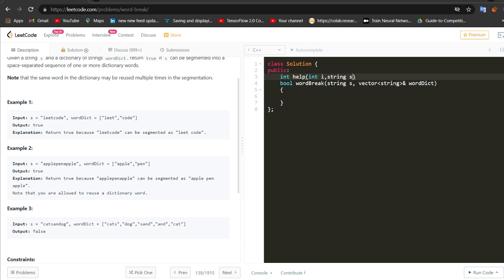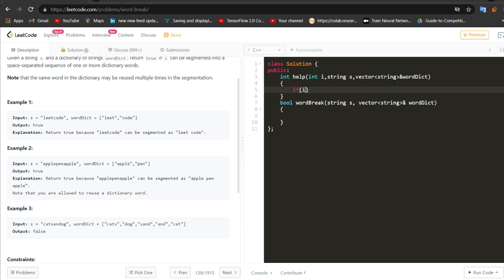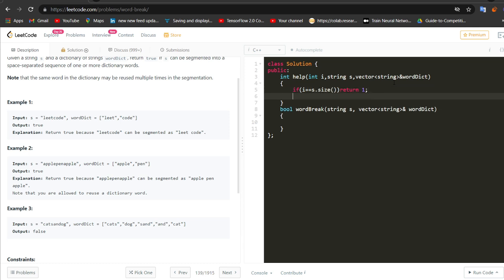Then we have the string s, and then we have the vector of strings, this dict, wordDict. Now if i is equal to s.size, it means we reached the end. In this case we have to return 1, true. Okay, we are able to break this into fragments. This is the base condition.